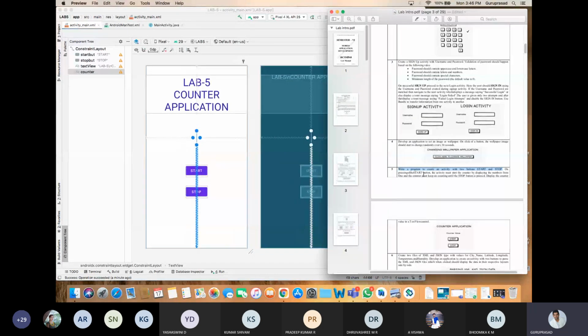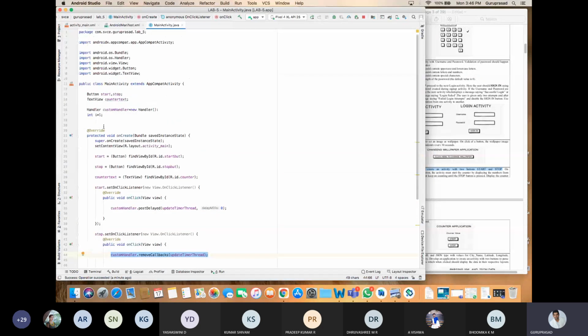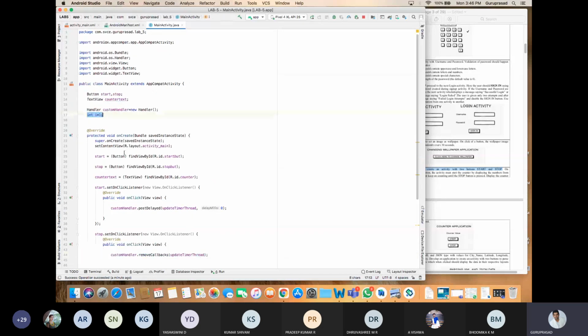On pressing the start button, the activity must start the counter by displaying the numbers from 1. It is not saying from 0. From 0 means you need to say int I is equal to 0. But it is saying from 1, so I made int I is equal to 1.